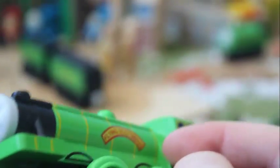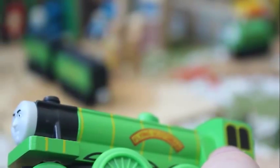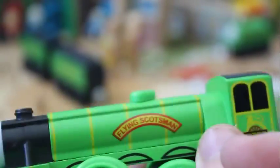He has a very pronounced firebox, which I like. I always like pronounced fireboxes. That's a really key item for me. And then he has detail, but not over detail. They attempted to put the Flying Scotsman over a wheel arch, but there's no wheel arch really to put it over, so it kind of